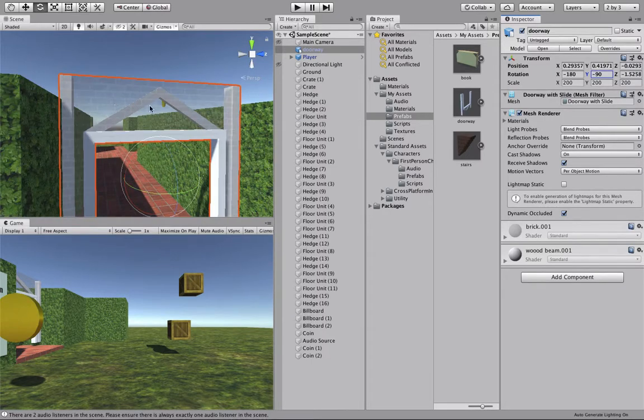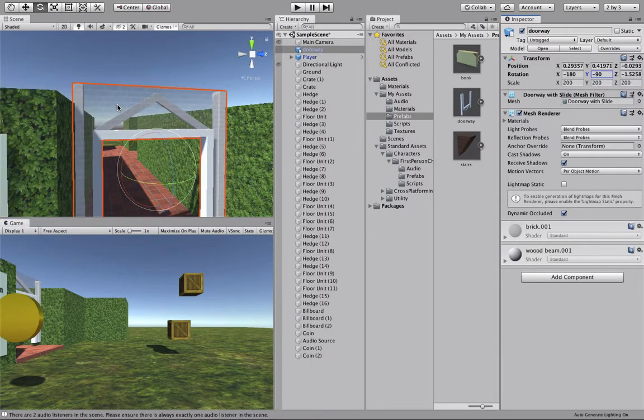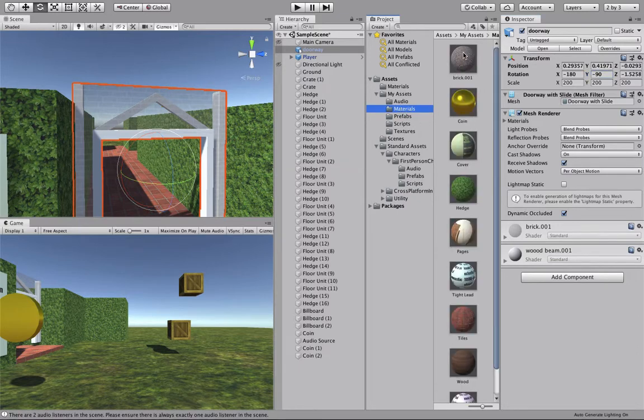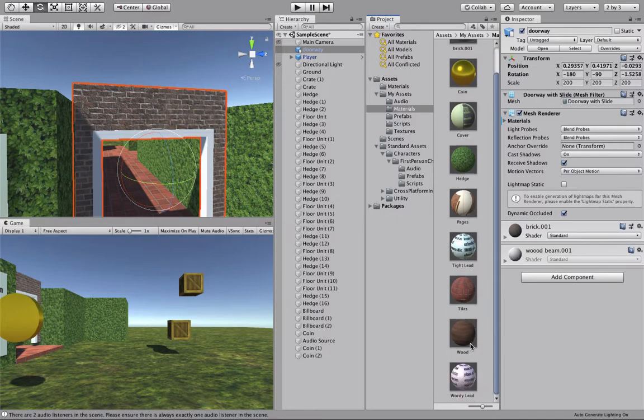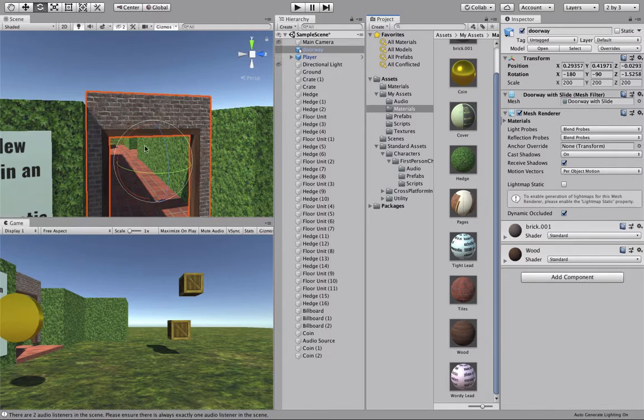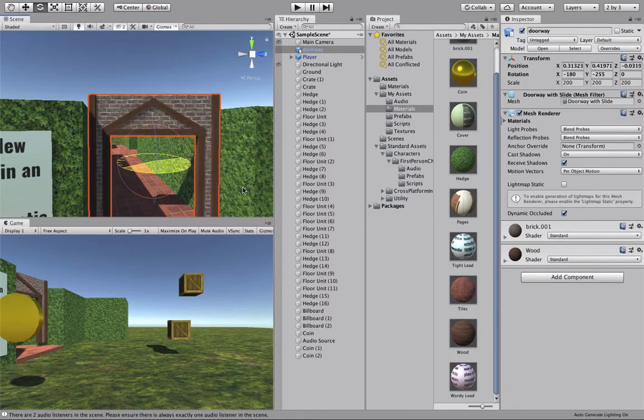And you can see there's a brick texture that's kind of transparent. Come down here to My Assets Materials. I've prepared a more solid brick texture. There we go. Here's a wood texture that I'm going to drag, and I'll put it on that part of this item. There's actually another side to this. I'm going to hold down Command and rotate this around. There we go. A nice even